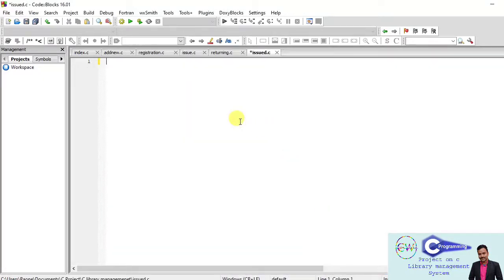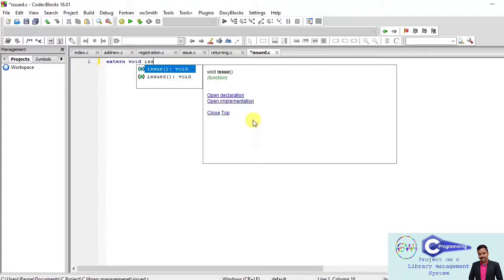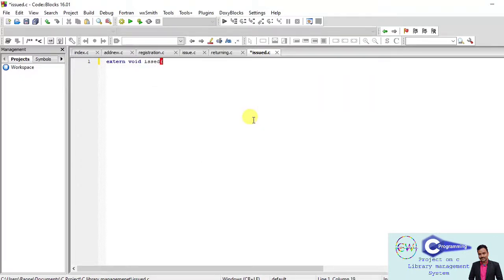First of all, we are using our function name with the extern keyword: extern void issued, and the argument is a character pointer ptr. Let's zoom it, and here we are